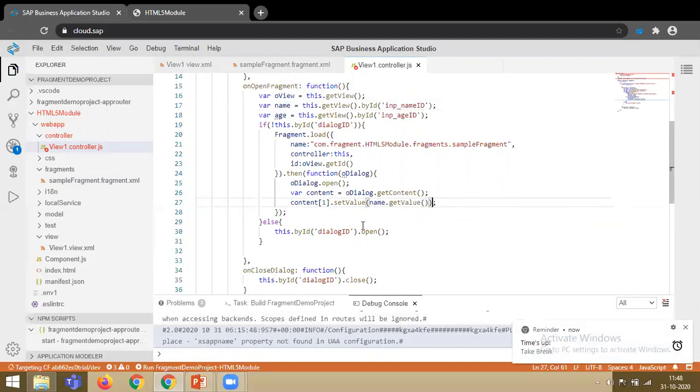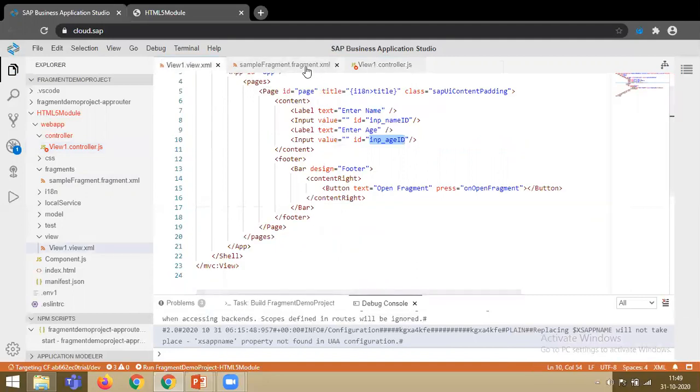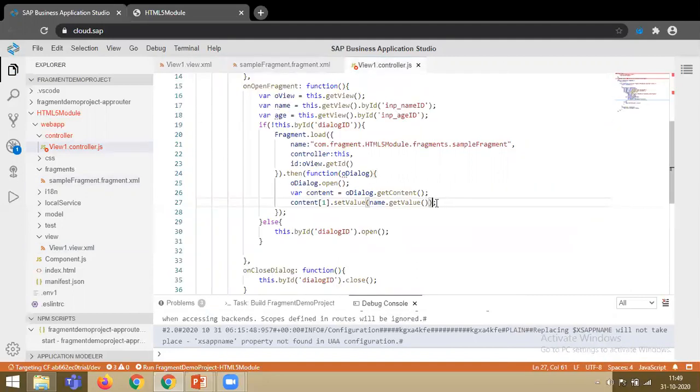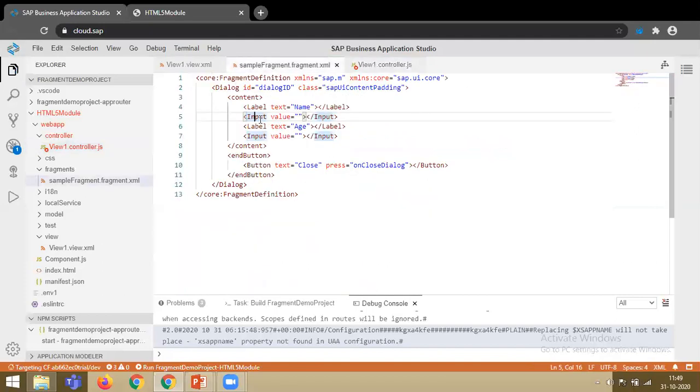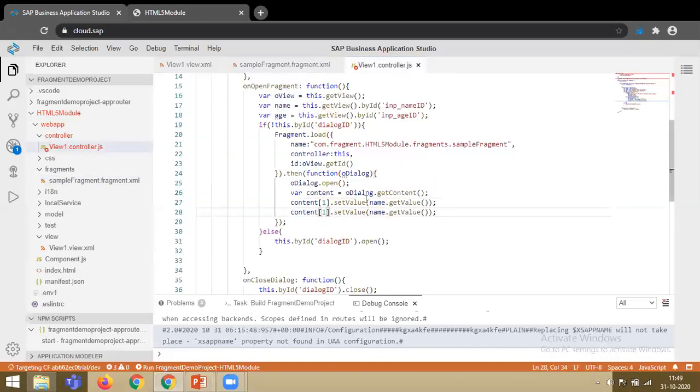To set the value into the dialog's input field, the method is setValue, and to get the value from the view input field, we have the method getValue. Same we have to do for the age field. For age, it's 0, 1, 2, 3, so it's in the third position. I can directly declare 3. I need to pass the age ID, and we have the method getValue.